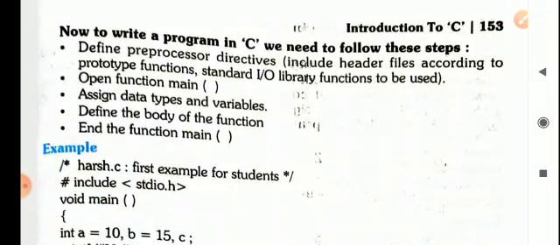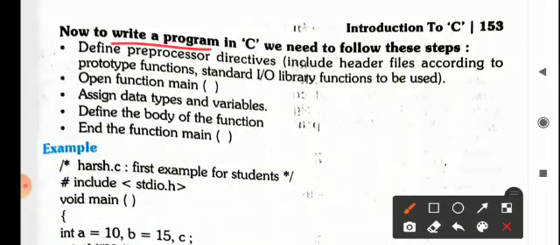Okay, so far we have learned the rules for writing a C program. Now let's begin with how to write a program in C. What are the steps that need to be followed? First of all, define the preprocessor directive, that is, include the header file according to the prototype function, the standard input output library